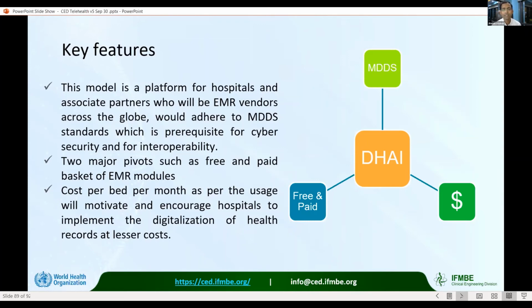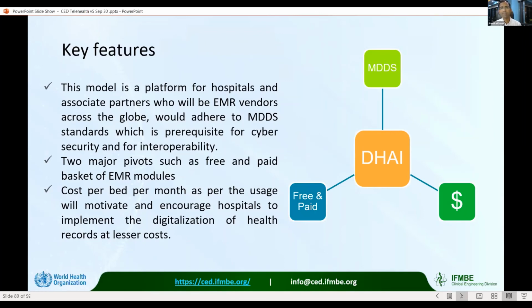And three, it has a very cost-effective approach, and across providers there is a consensus which is being built that the cost of providing electronic health record need not be upfront. It could be more like a rental reagent contract that we are used to in our laboratories, when the machine comes for free, but we pay for reagents every month.